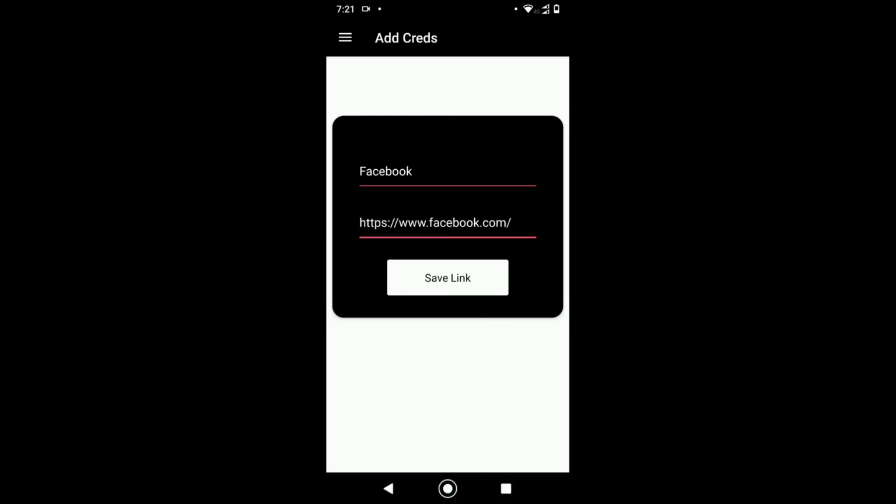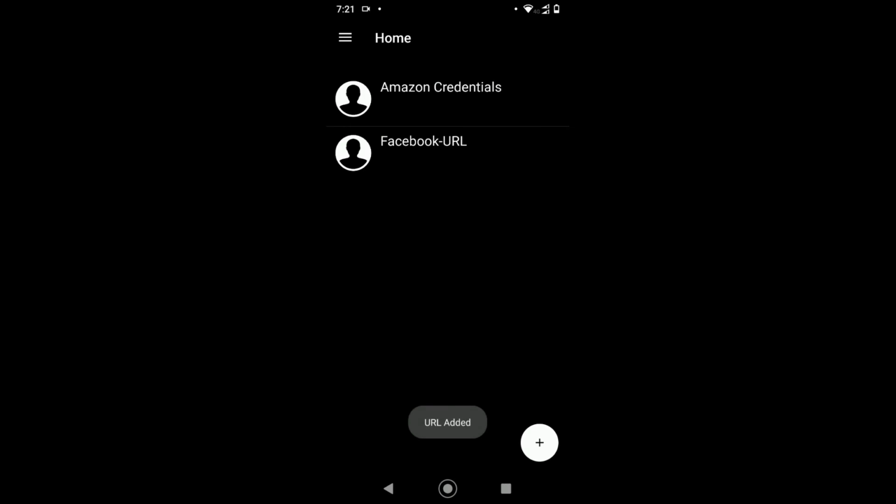Yes, this is the Facebook URL, guys. After giving the URL and title, just click on save link. After clicking save link, the URL has been added.